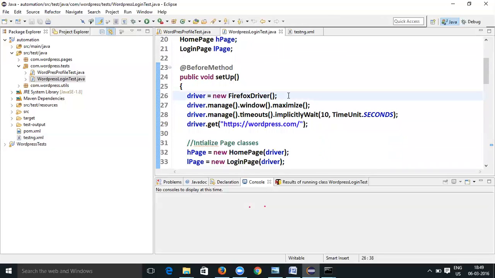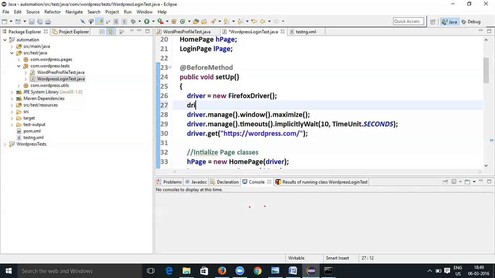So for that, what we have to do is, let's comment out this piece of code. Driver equal to, you have to take a remote web driver.